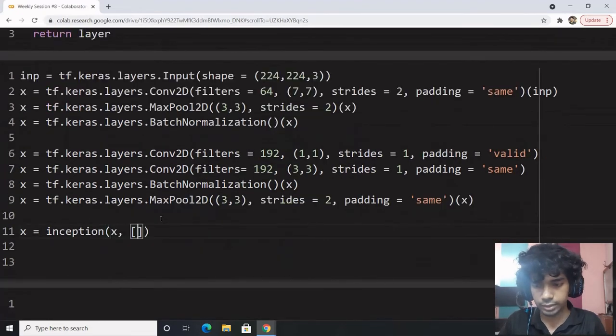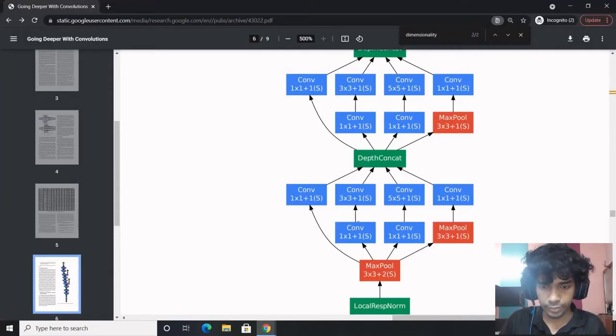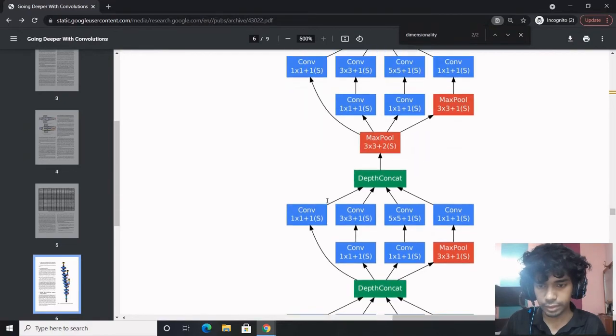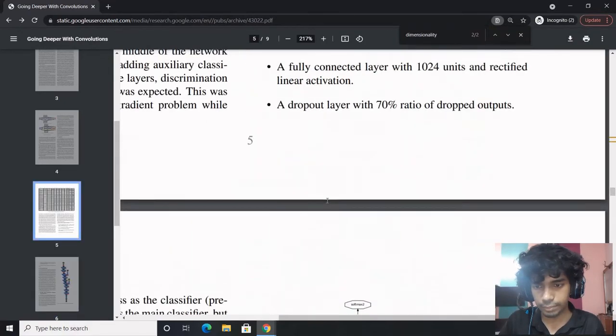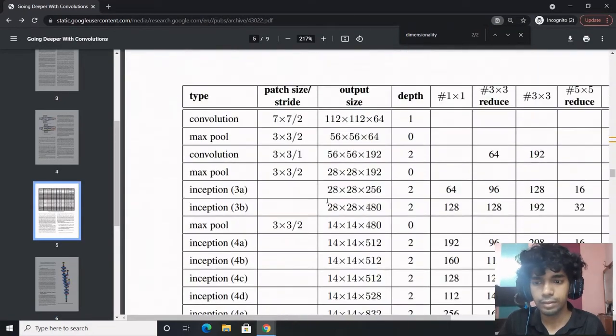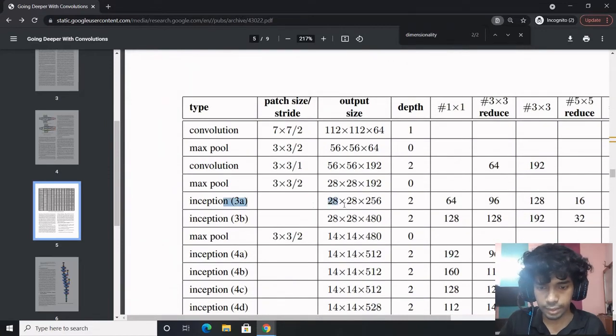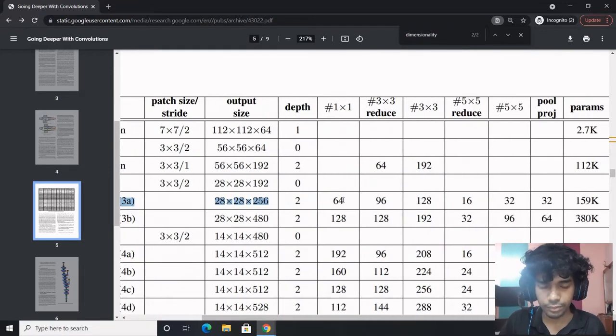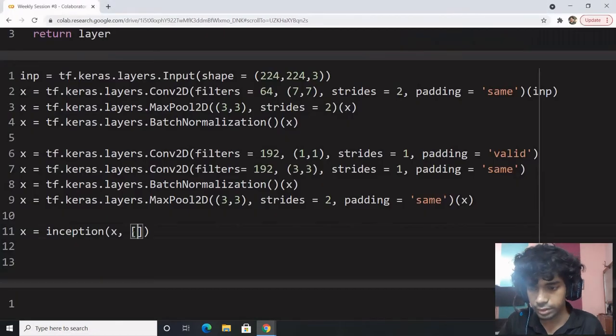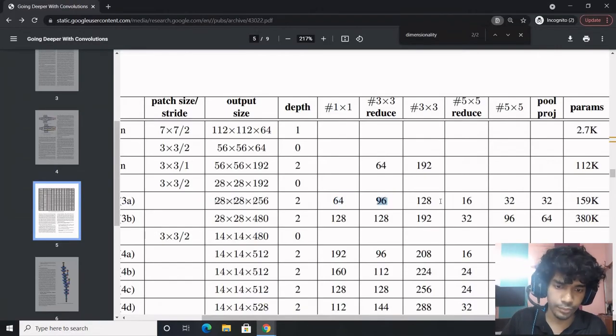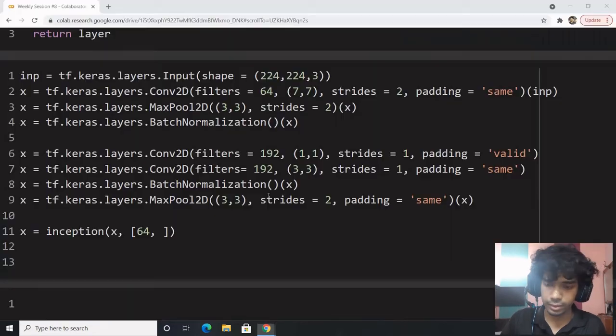And here I'll pass a list of filters. For this particular first inception, you see what happens. The 1 cross 1 is sent 64 filters. The second one goes through 2 stages. The first one is the 3 cross 3 reduce, 96 filters.